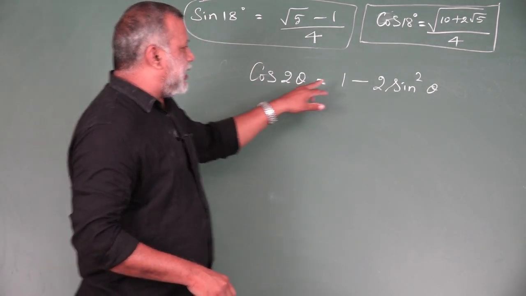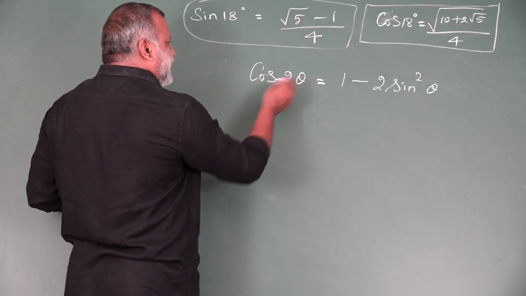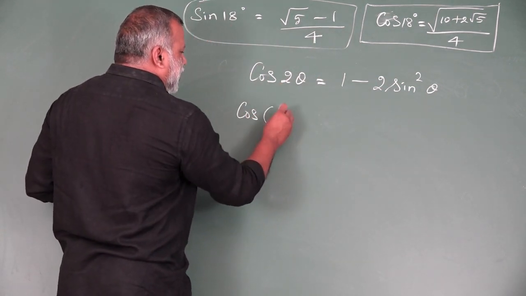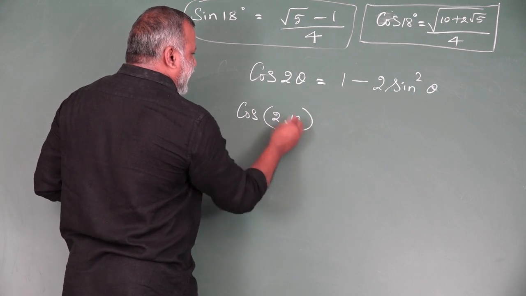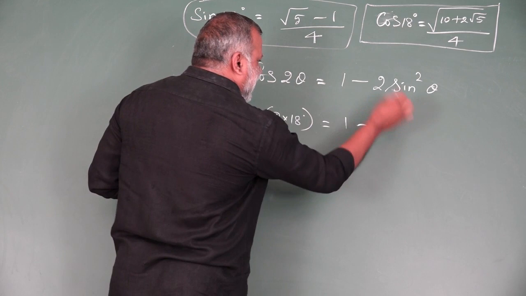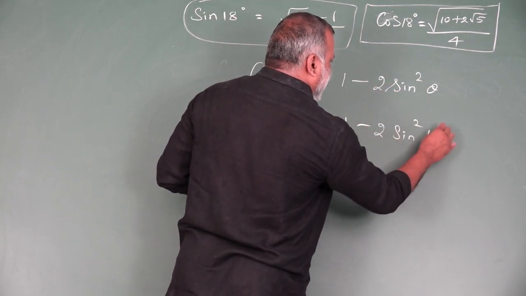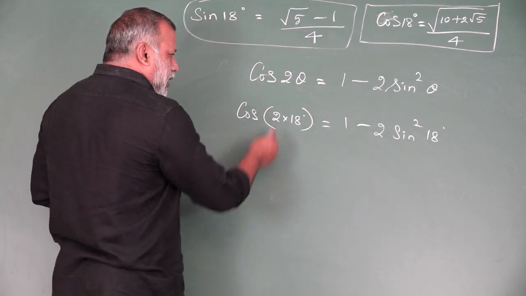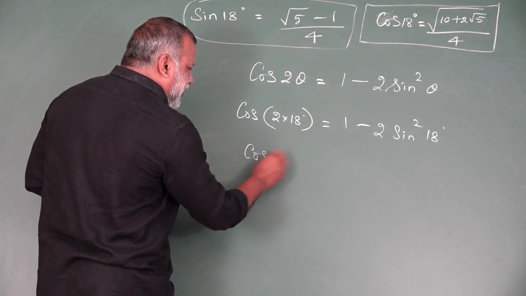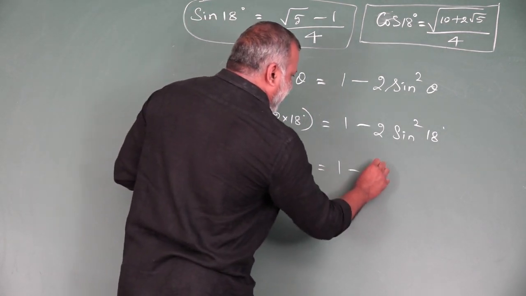Cos 2 theta is equal to 1 minus 2 sin squared theta. Now I am replacing theta with 18 degrees. Therefore, cos of 2 times 18 degrees on the left side, and on the right side, 1 minus 2 sin squared 18. Now 2 times 18 becomes 36. So cos 36 is equal to 1 minus 2